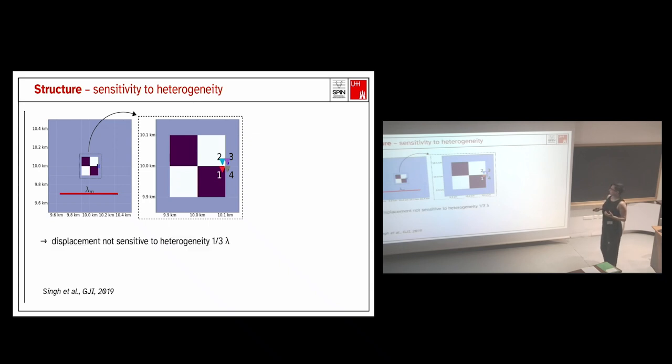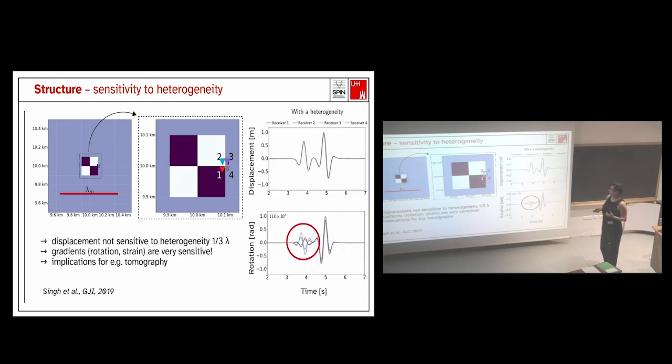If you look at the waveforms, the displacement measurement doesn't care about those heterogeneities. The 4 stations still measure the same thing. But if you look at the rotation rate, so one of the spatial gradients, you see that the 4 stations here measure something quite different. So that means that those rotation measurements are really sensitive to local heterogeneities,